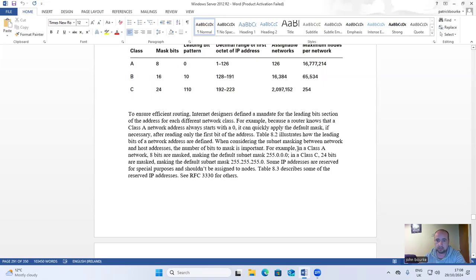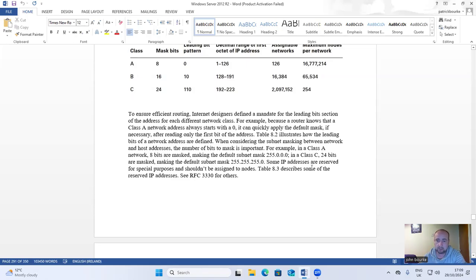When considering the subnet mask between network and host address, the number of bits to mask is important. For example, in a Class A network, 8 bits are masked, making the default subnet mask 255.0.0.0. In a Class C, 24 bits are masked, making the default subnet mask